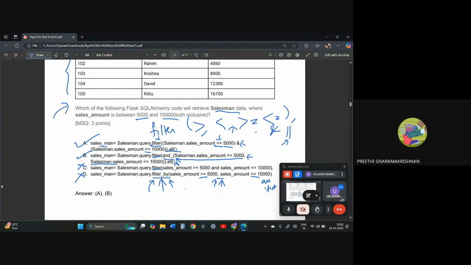He said that filter_by comes from the ORM, and filter comes from something else. Yes, filter_by comes from the object relational mapper, ORM, and filter I think is more flexible. Both are strict parameters, but filter_by over here doesn't allow the greater than, less than type of symbols. Okay, got it.